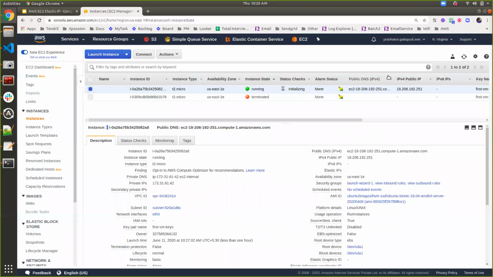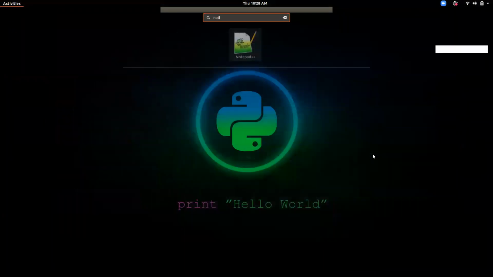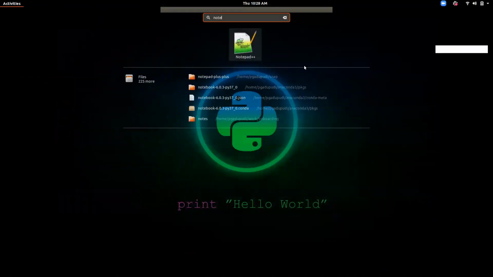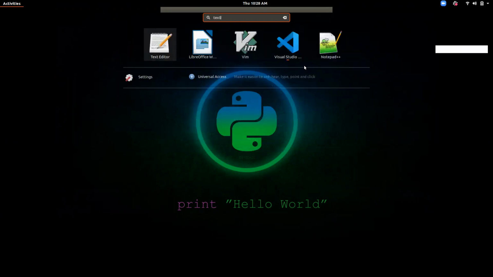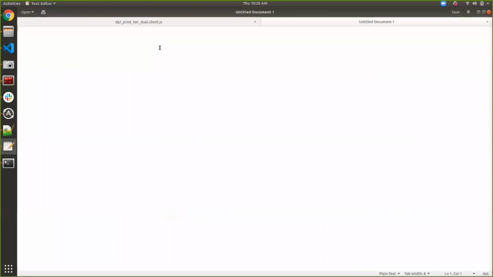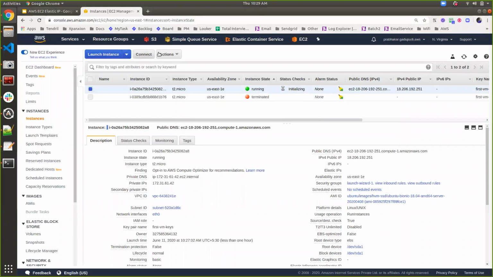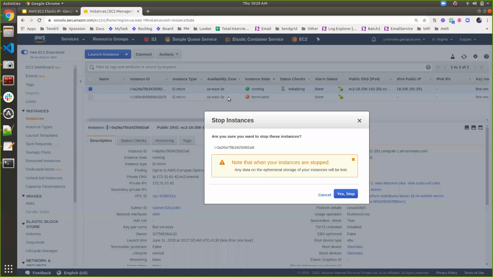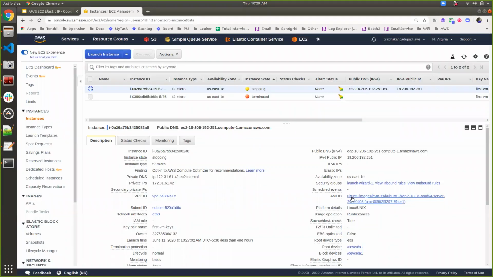But if you observe, this is the IP which I'm using. Let me copy these two details and open Notepad. Here are my IP addresses. This is my public DNS, and here is my public IP. If I stop the instance and then start it again, or maybe if I reboot the instance, it will automatically change the public IP address, because it is a DHCP IP address.